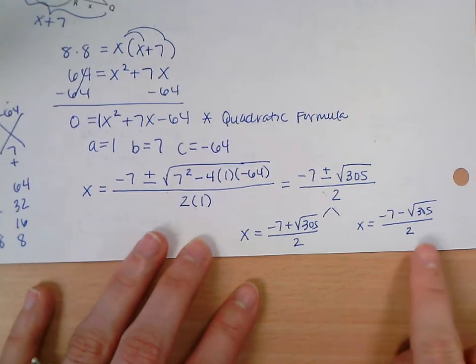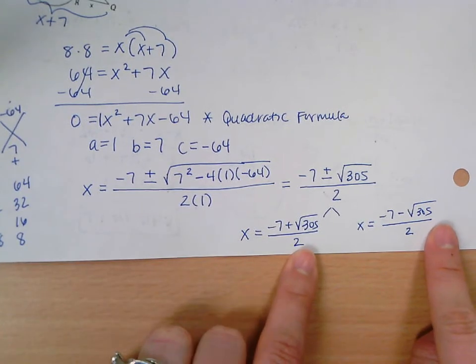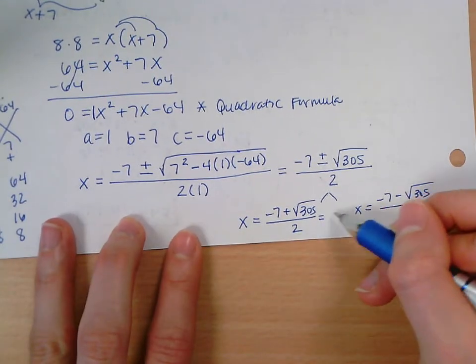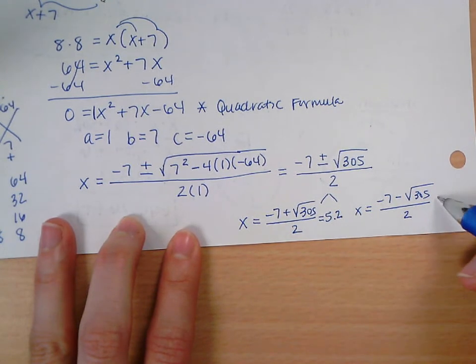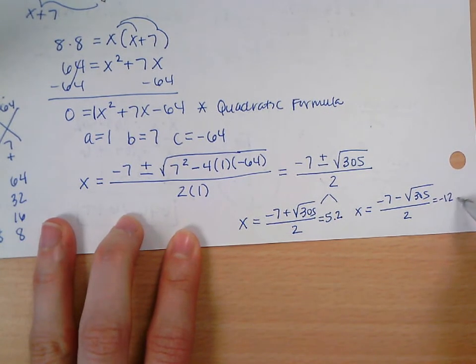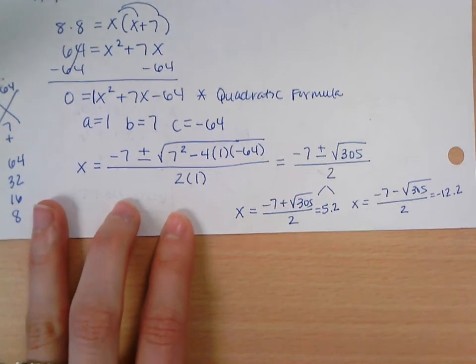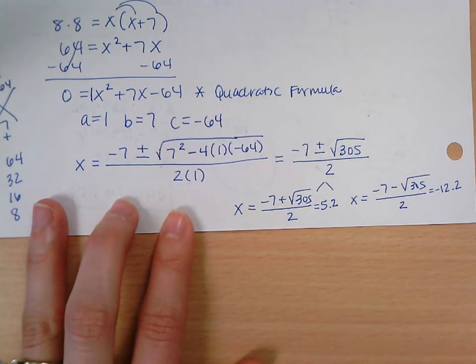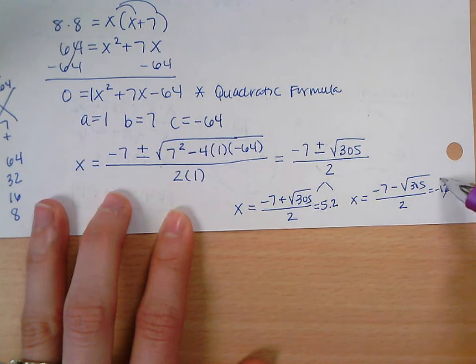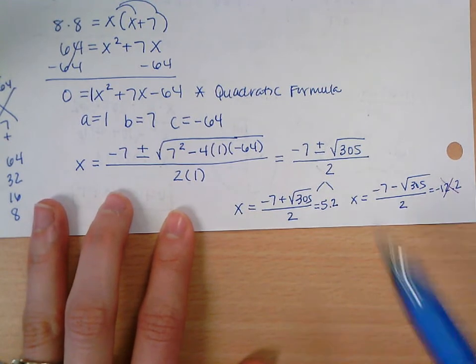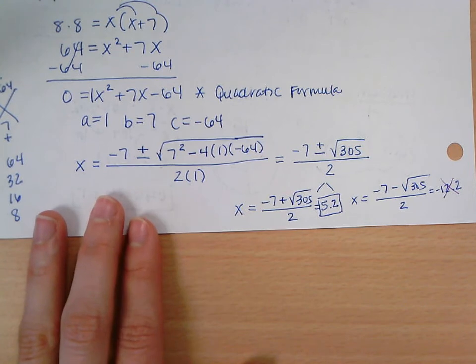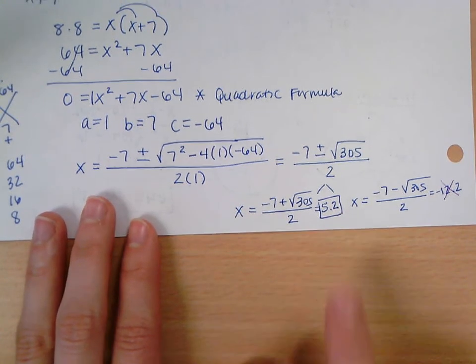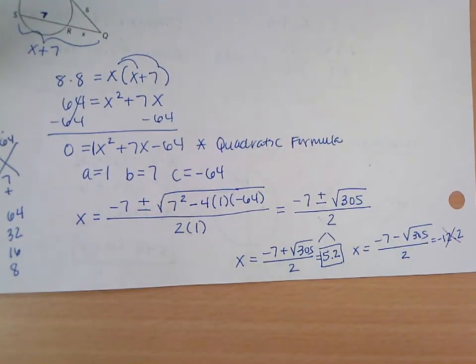And you would type these both in your calculator. This one is approximately 5.2. And this one is approximately negative 12.2. So the negative answer again doesn't make sense to our problem. X has to be positive, so 5.2 would have been the answer. But because we ran out of time, just make sure you could actually get those answers. I will pass out your practice